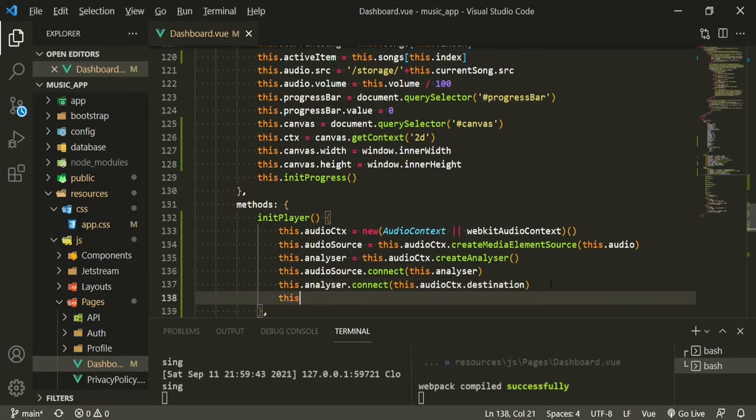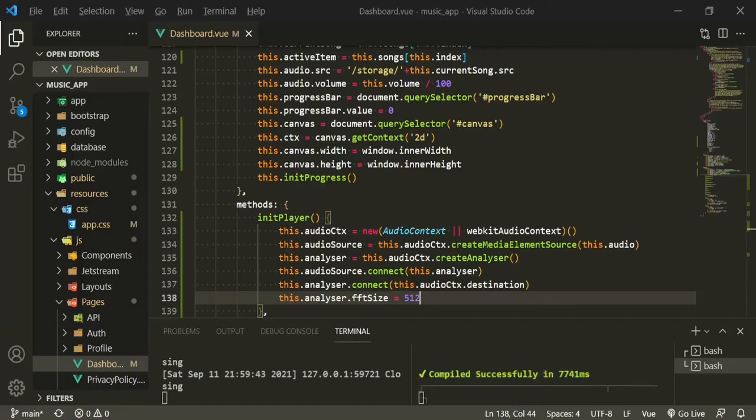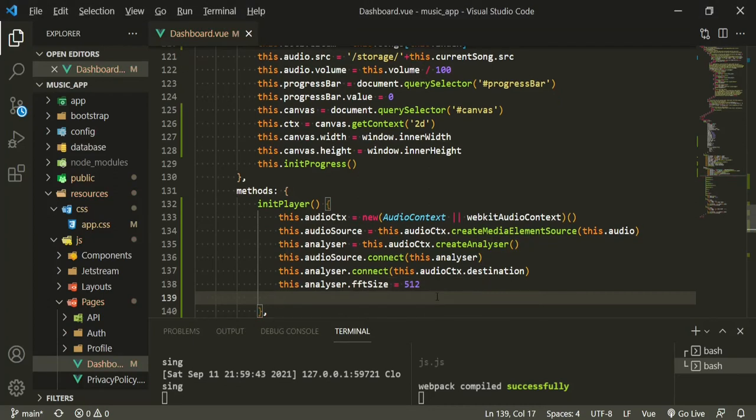So now we'll say this.analyzer.fftSize equals 512. This basically just lists how many bars are in the element that we'll have. So when we're taking a look, it'll be how many bars are listed across here. That's all that that's saying. There are different numbers that you can put. You can play around with them. They're listed on that site as well, and you can take a look and see which one fits whatever your needs are. And then now we can do this.bufferLength